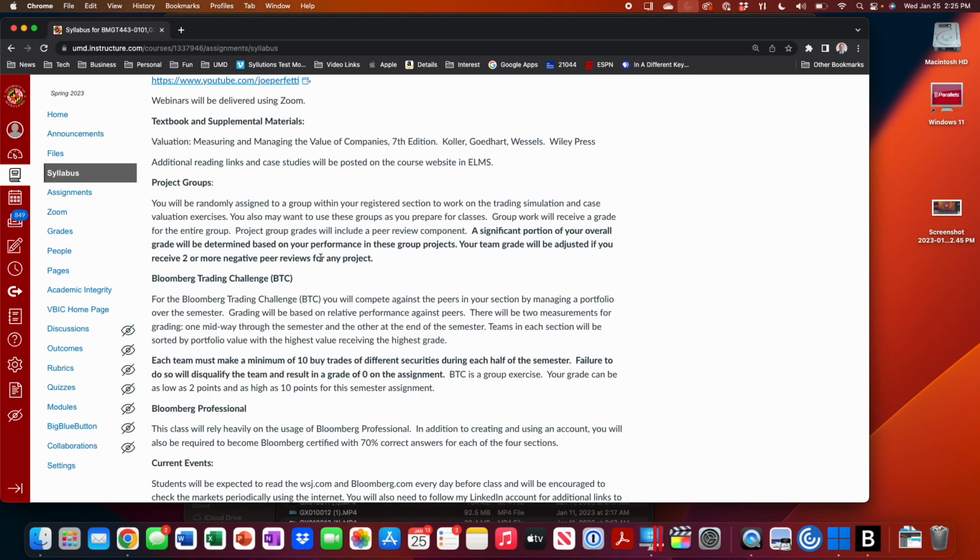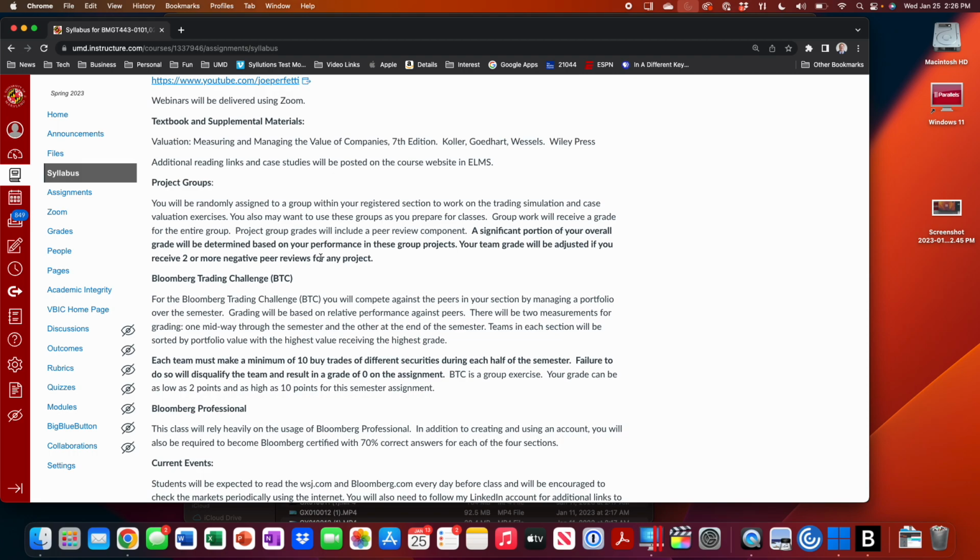Okay, over 6 weeks, you'll trade them, buy, sell, short, go long, and at the end of the 6 weeks, we'll look at portfolio values. The team with the highest portfolio value gets an A. The team with the lowest portfolio gets an F, forced ranking. Doesn't matter whether you're in first place by $1 or $100,000. It's real world. You got to outperform your peers to get a grade. It's 5 points of your semester grade. First place gets 5 points, second place 4 points, 3 points, 2 points, 1 point, etc.